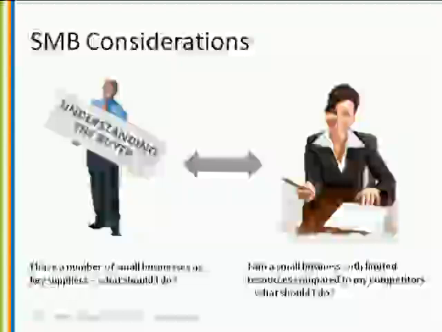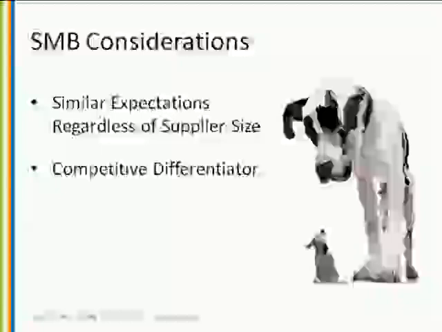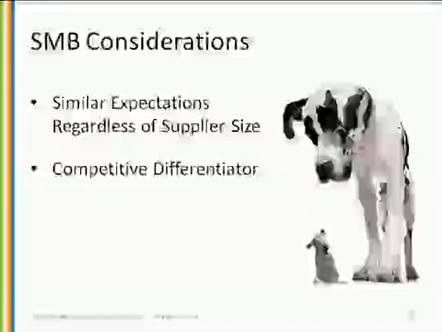Okay, thanks so much, Renee. And, again, I think we'd be remiss if we failed to highlight the fact that a growing number of critical suppliers are smaller enterprises, and building on the dialogue we introduced earlier between our notional buyer and supplier, ultimately the buyer's looking at this and saying, I have a number of small businesses as key suppliers. What should I be doing with them? Should I be doing something differently with them? And whereas the supplier might indicate, hey, I'm a small business with limited resources compared to my competitors, what should I be doing potentially?